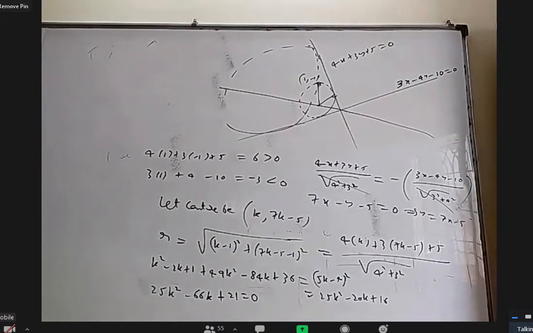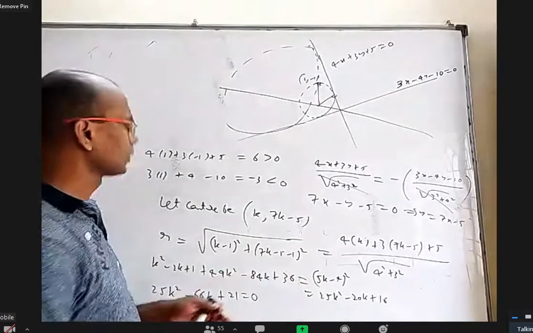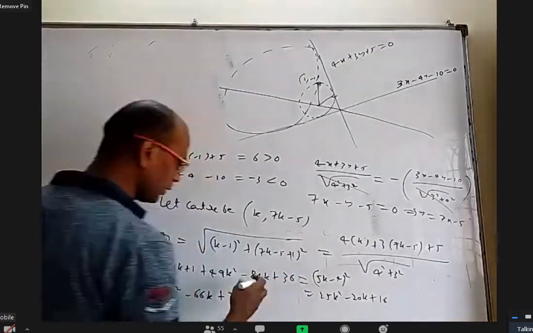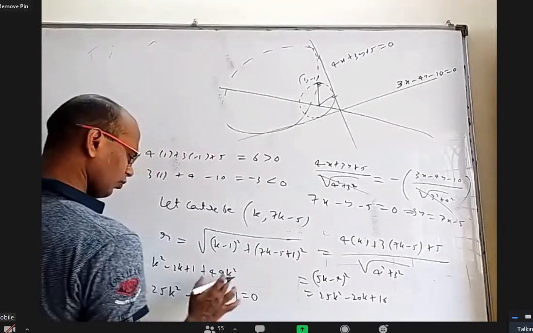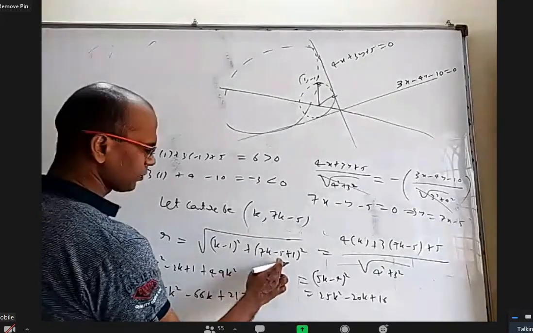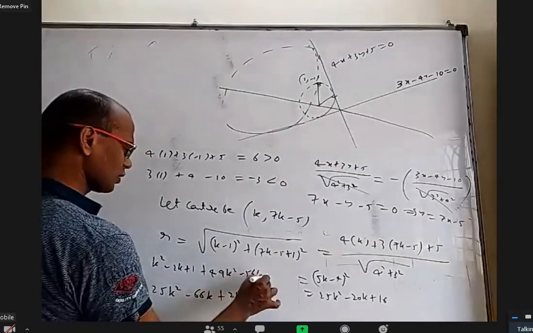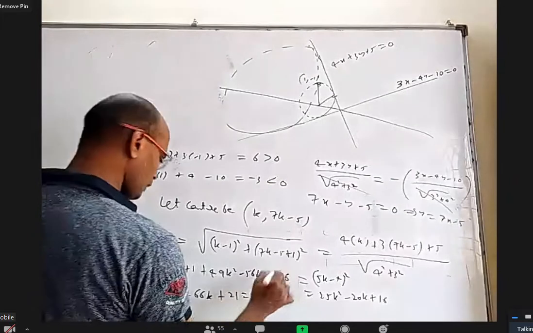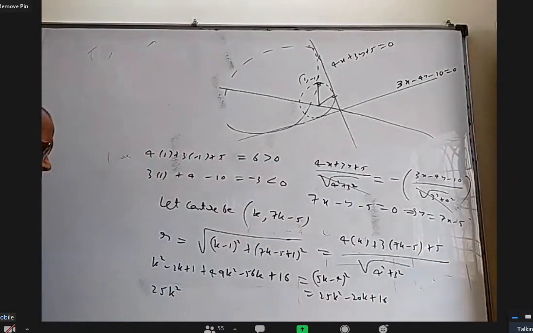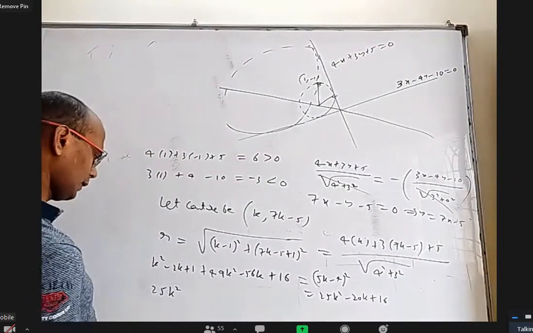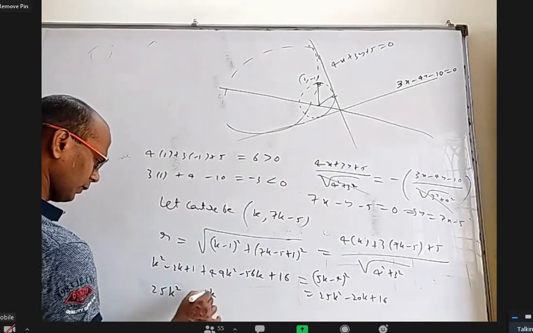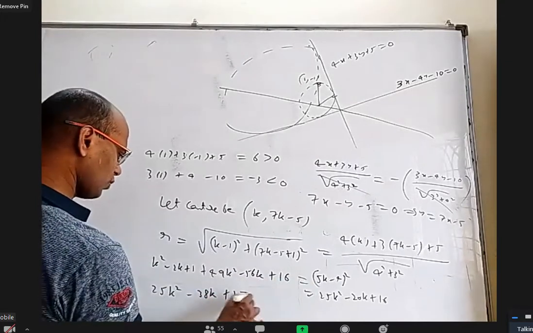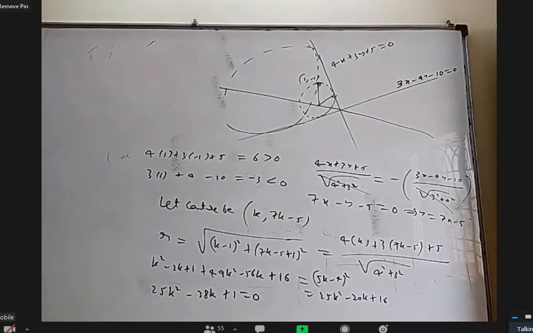Okay, it should be 7k minus 5 plus 1. This one, okay, sorry. This is plus 1, so I wrote it wrong here. It will be 7k minus 4. 49k square is okay. This is minus 4 means 28 minus 56 plus 16. So the equation will change. 25k square is okay, and minus 58 minus 38k. So 16 cancel, plus 1 equal to. Is it right or something wrong?